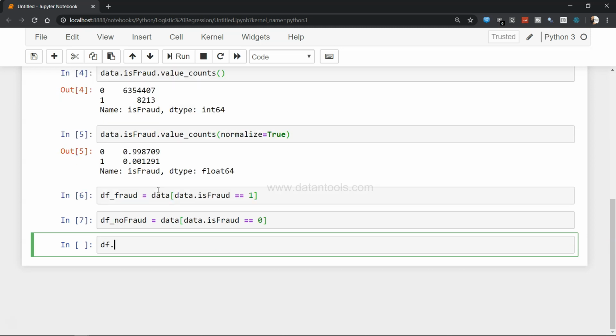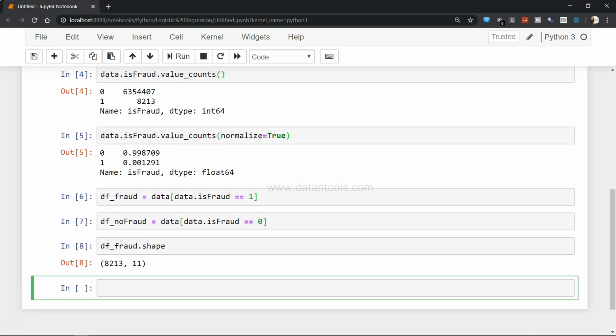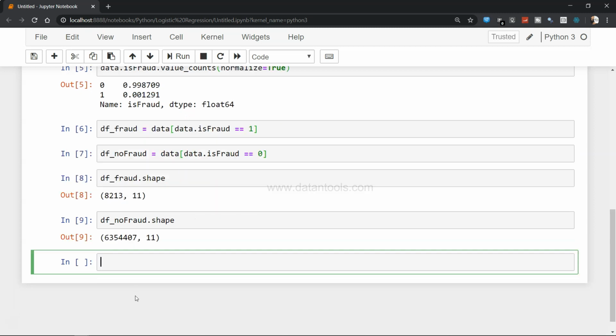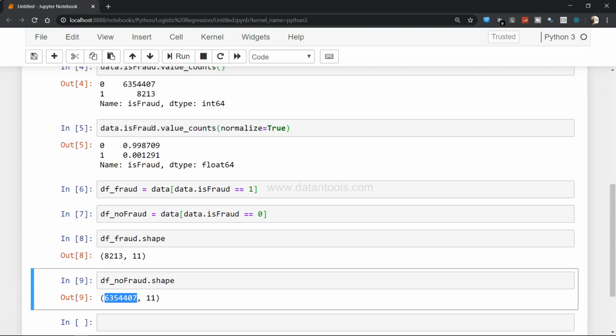Now you can check the df underscore fraud dot shape method: 8213 rows, it is matching fine. And similarly df underscore no fraud dot shape, you will get 6354407, right? Because what we have taken is all the values.